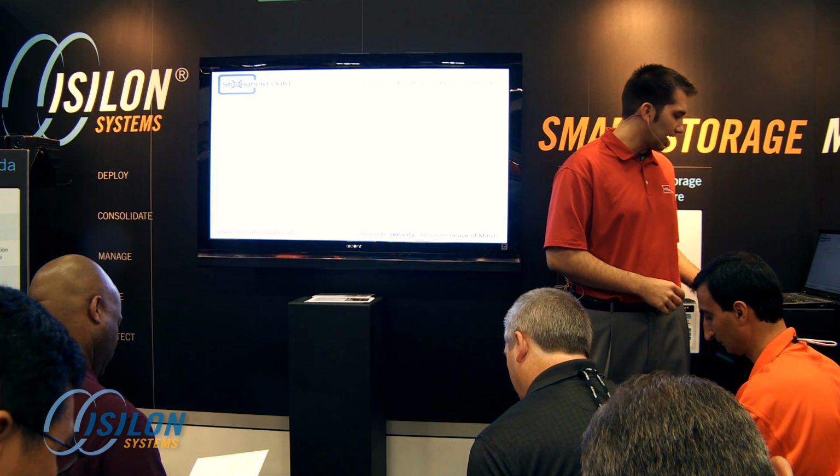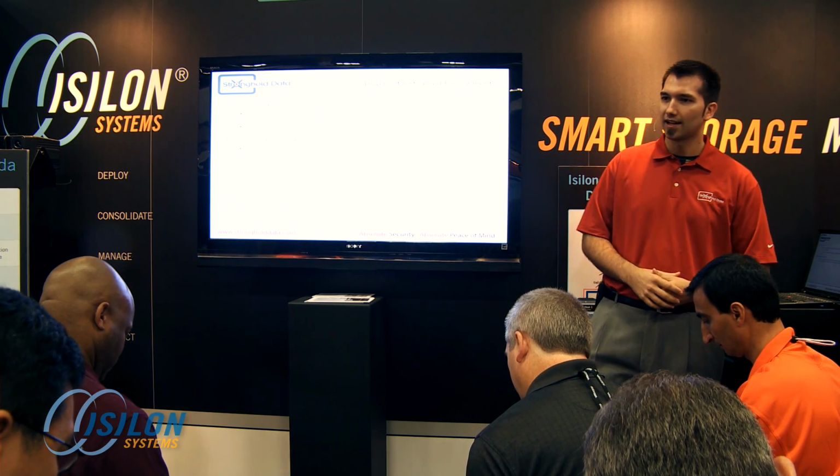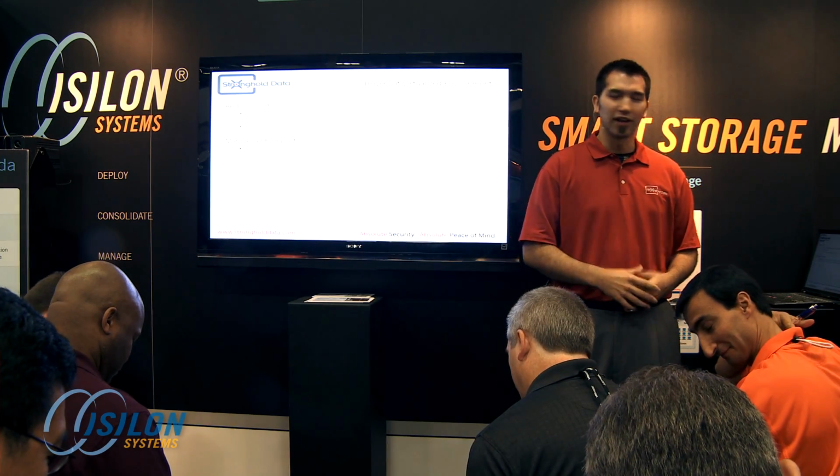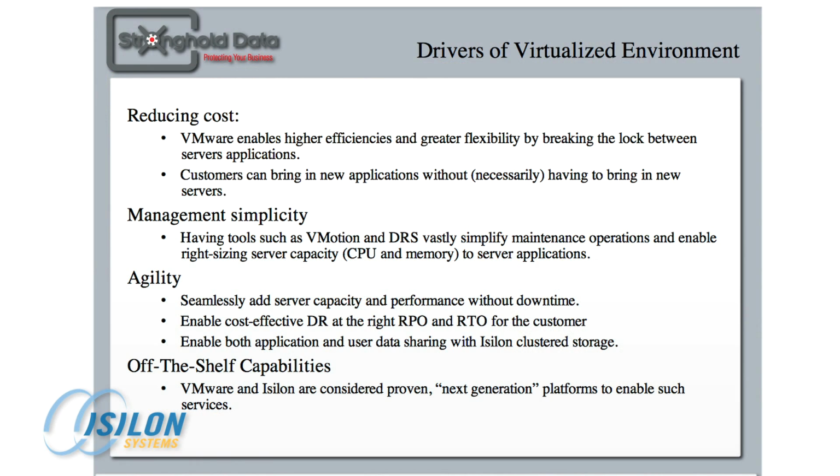Some of the real drivers for virtualized environments, obviously you guys are here at VMworld. We were at a session yesterday and the guy asked, how many of you are familiar with VMware? Well, obviously that's why we're here, right? So we all know the key benefits of virtualization: reduce costs, reduce complexity, simplifying management, agility, being flexible. And a lot of the off-the-shelf capabilities that we get with VMware, we also add to that with Isilon storage